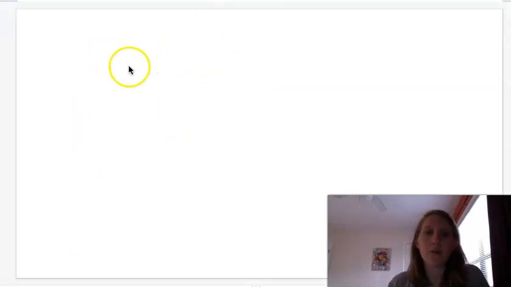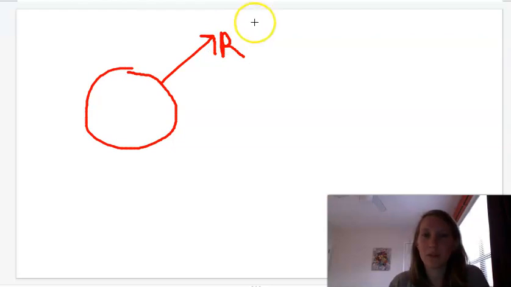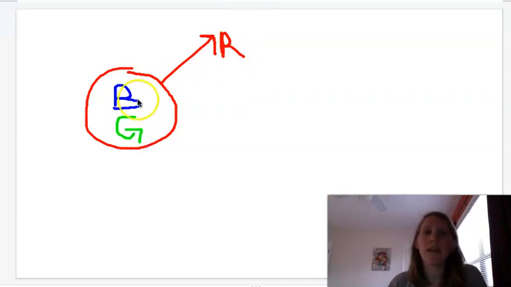Okay, so first off, properties of a red apple. If it's red, that means it reflects red and it absorbs blue. I'm really sorry if you're colorblind, so I'm going to do words too. Absorbs blue and green, okay? White light, again, is made up of red, blue, and green. Just because that property